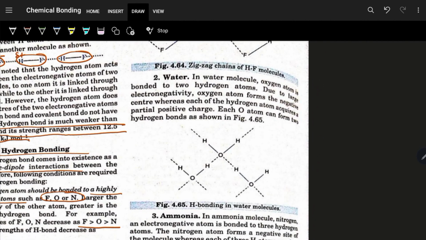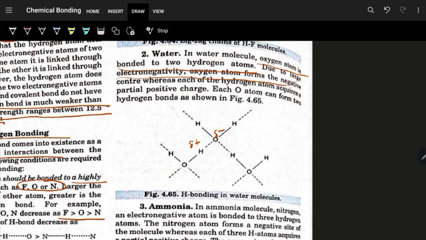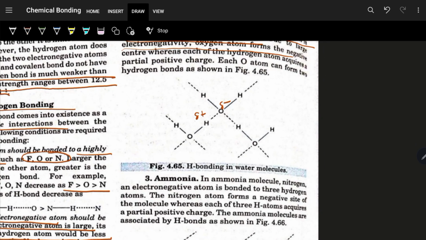Water molecule. Water is extensively hydrogen bonded. We can see over here that the oxygen atom is bonded to two hydrogen atoms, and due to large electronegativity of the oxygen atom, a negative center develops. So delta negative develops over oxygen, and to the next hydrogen, which is delta positive, what will happen? There occurs a hydrogen bonding, and this type of hydrogen bonding is again intermolecular hydrogen bonding because it exists between